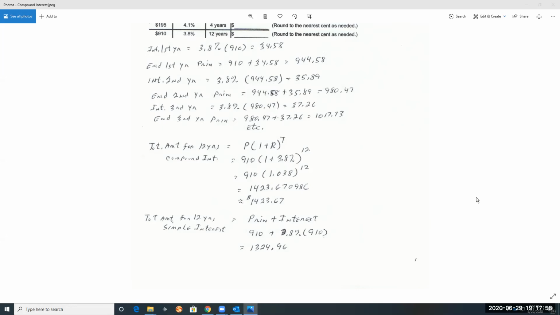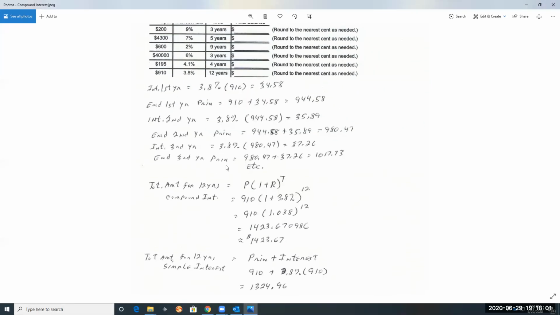Let's do this problem under compound interest thinking. Let's go through the idea of compound interest. The interest at the end of the first year is found by taking 3.8% times 910, which gives us $34.58. The amount of money at the end of the first year would be the original principal, $910, plus the interest, which now gives us a total of $944.58. To calculate the interest for the second year, we take 3.8% of $944.58, the new amount, rather than the original amount, and that gives us